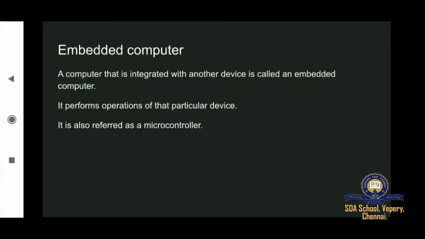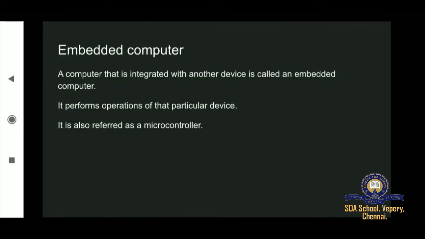Because a computer which is already programmed just to activate the washing machine is stored in the washing machine. It does not perform any other operation other than activating the washing machine. Whatever is needed for a washing machine, like wash, rinse, water level, everything is controlled by the program. Whatever you press, it will activate. So that is an embedded computer.